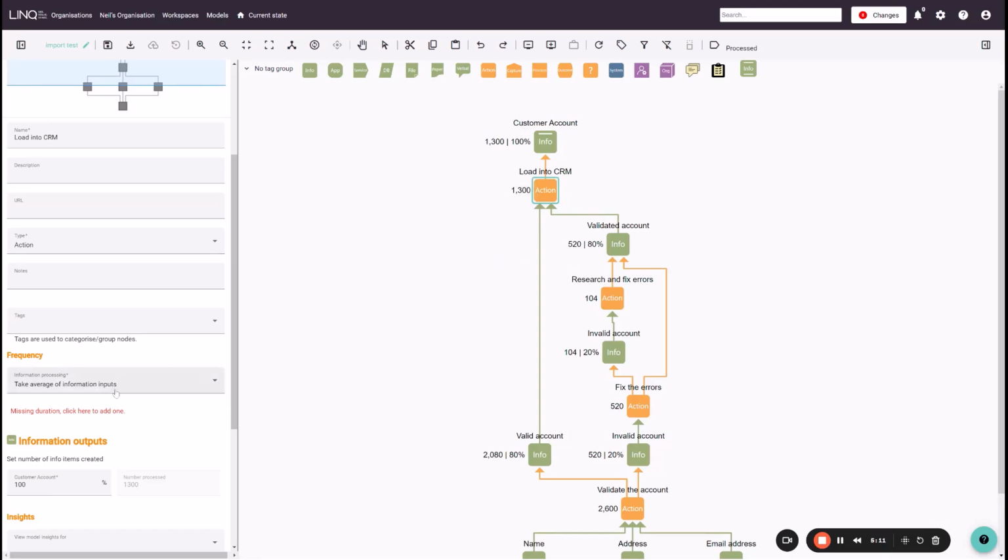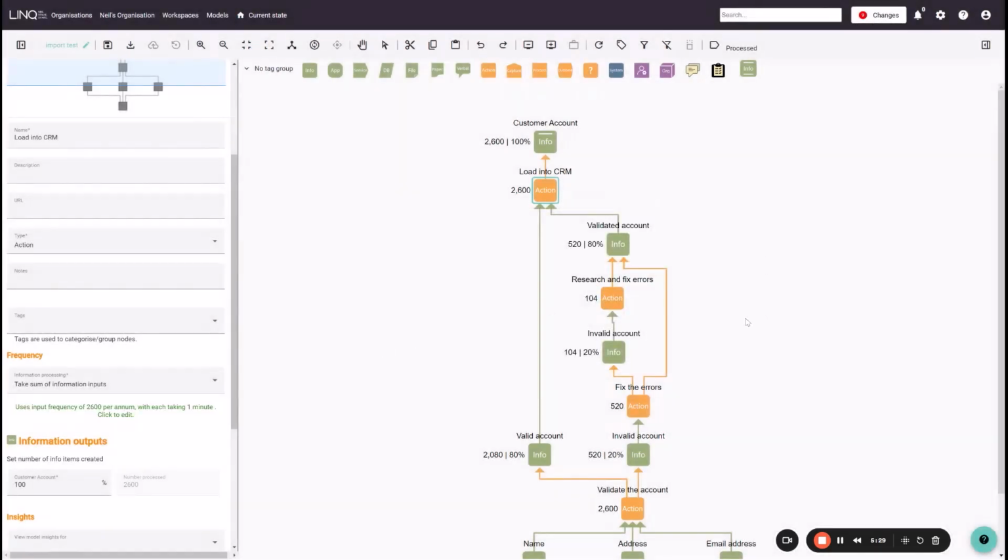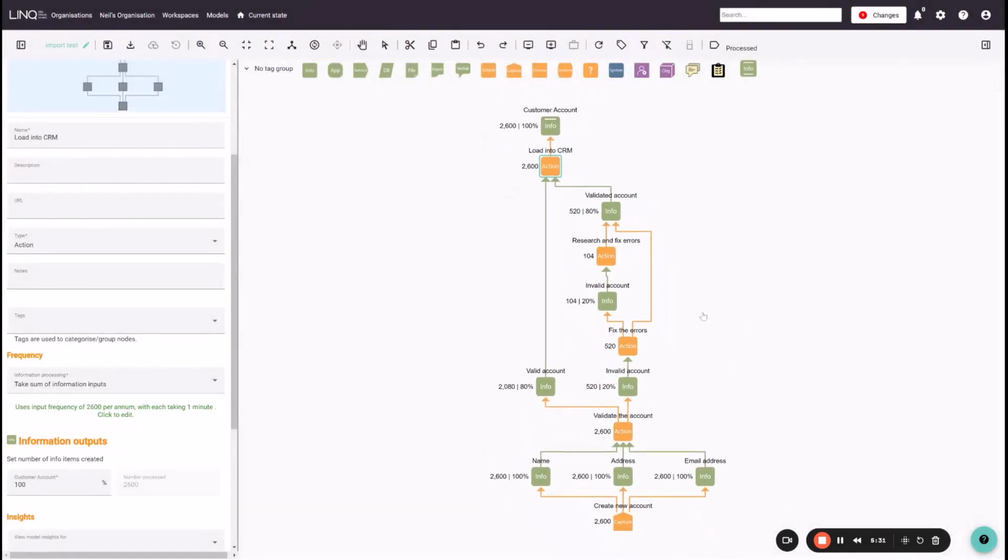is why it's down at 1300, but we need it to be the correct number of inputs. So if I set that to the sum, you'll see that pops back to 2600. And once again, I can simply decide how long it takes to load this data into the CRM. That might just be 1 minute, and I can save. And so I have now created a model where the flow of the content through our process is controlled from